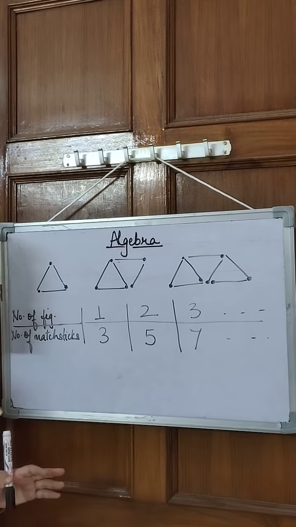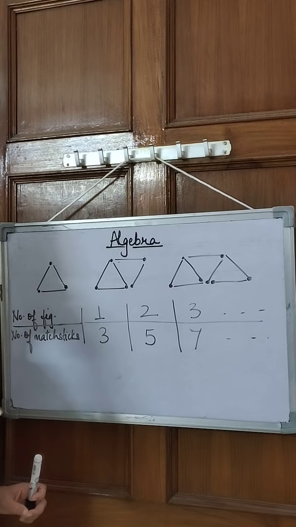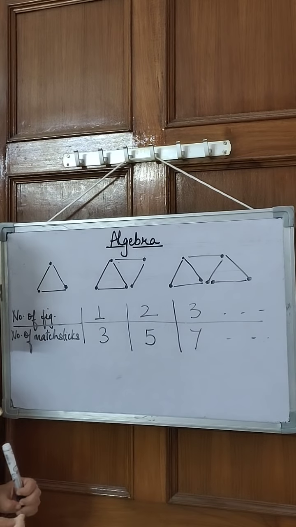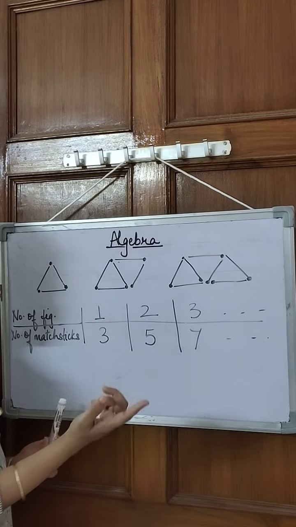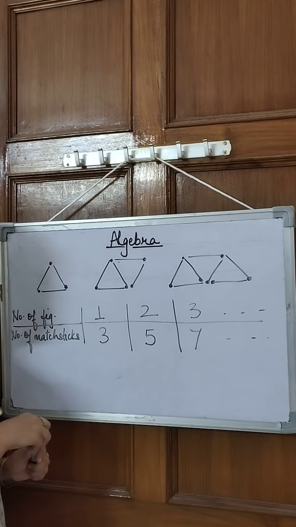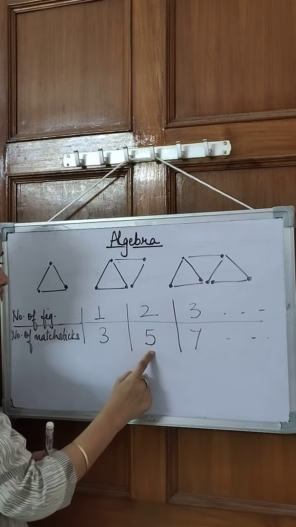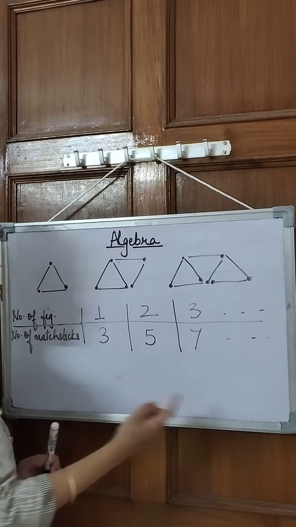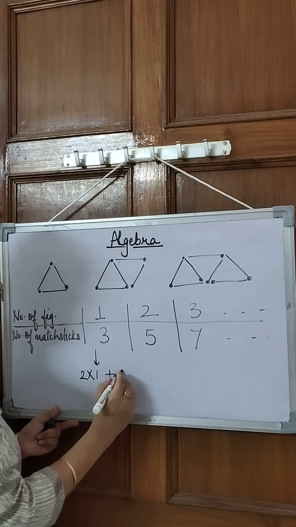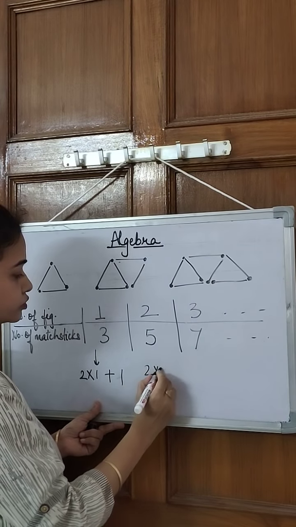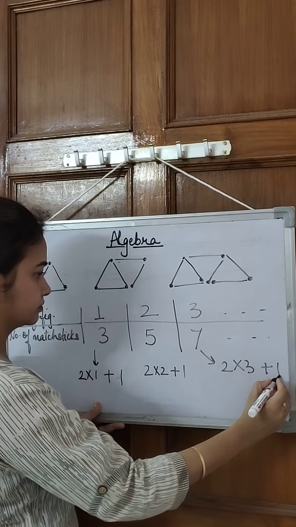So there is a pattern that is following here, which says this is how you can develop the patterns with the help of tables that you think. It can be in the table of 3 also or 4 also, and there will be a pattern. So what I did, I tried generally with the table of 2 and I realized that 2 1s are 2 and plus 1, 2 2s are 4 and plus 1, 2 3s are 6 and plus 1. So what I am getting here is 2 into 1 plus 1, 2 into 2 plus 1, and for this 2 into 3 plus 1.